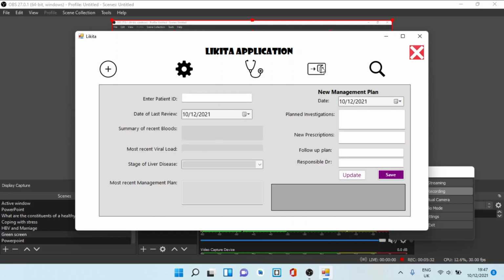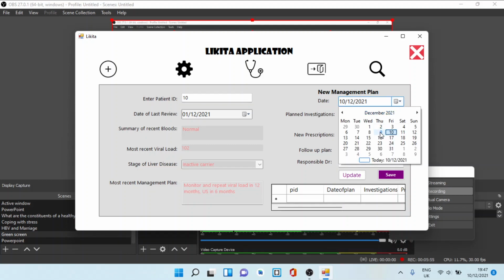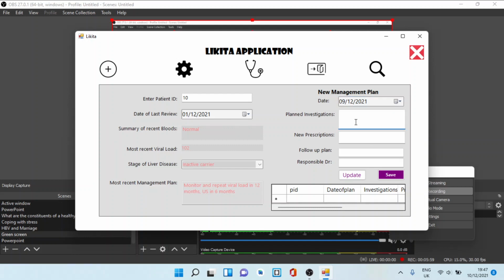You move on here. Comes, remember, number 10 again. So it brings up this information for you. Remember that this was the information we entered shortly. And it says inactive carrier. It tells you the summary of things that you've entered before. So you can see that. And you've had this management plan. Let's imagine this happened yesterday. You're planning ultrasound scan